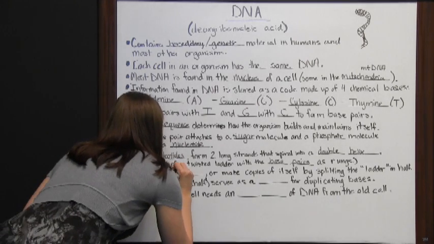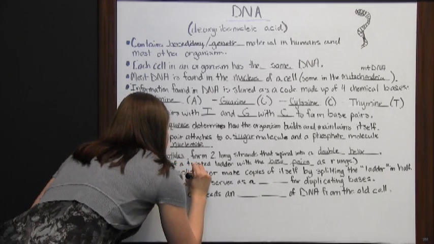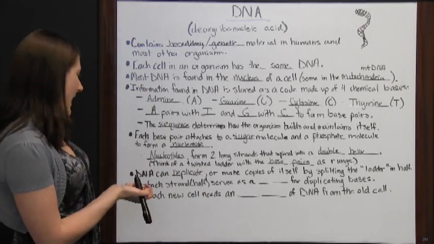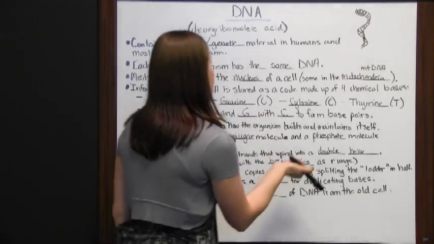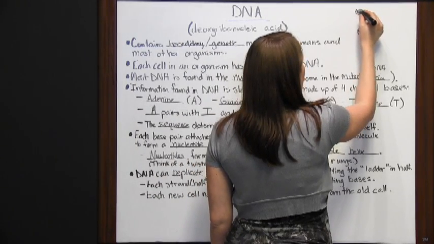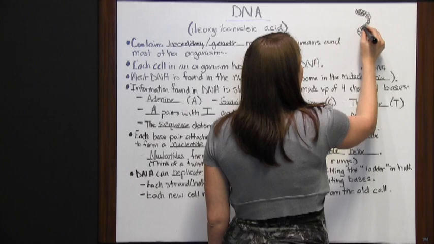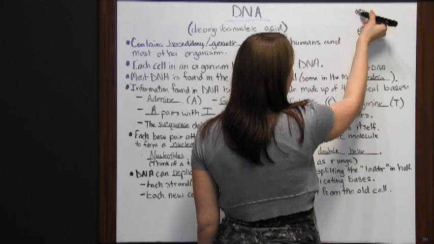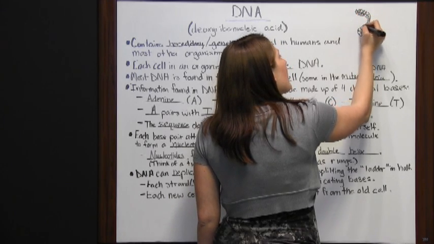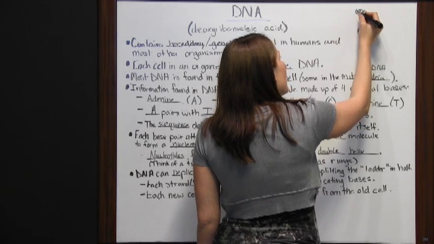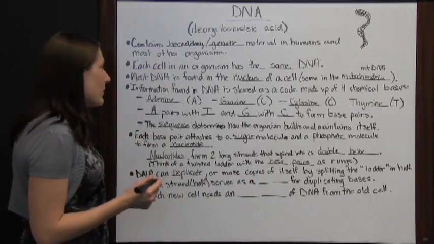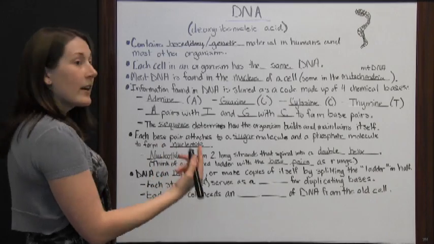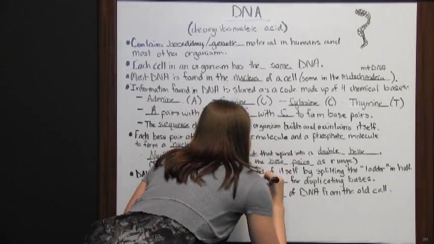DNA can replicate, or make copies of itself, by splitting the ladder in half. So if we're looking at this and we just decided to go through and cut this ladder in half, we would be separating those base pairs all the way down. So then you have AG, AG, and any other base pairs you've got. So we know we've got adenine, guanine, and because we know what's on one side of the ladder, each strand or half of that ladder serves as a pattern